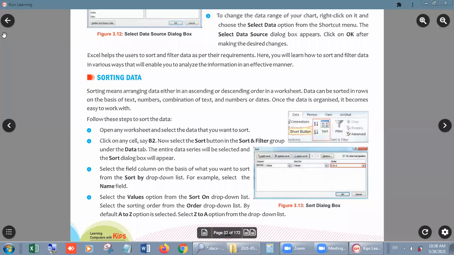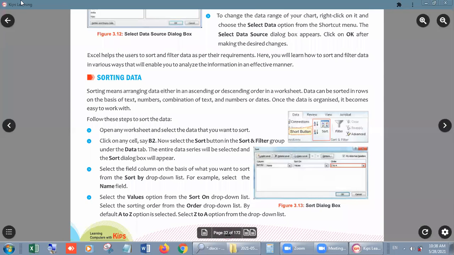What is sorting? Look, students, sorting means arranging data either in ascending or descending order in a worksheet. Suppose we have a roll number series from 1 to 20.